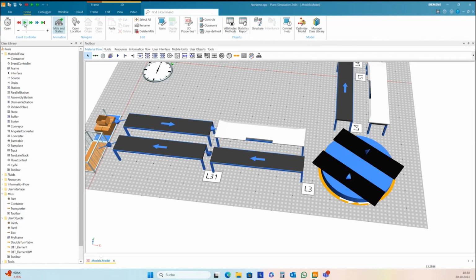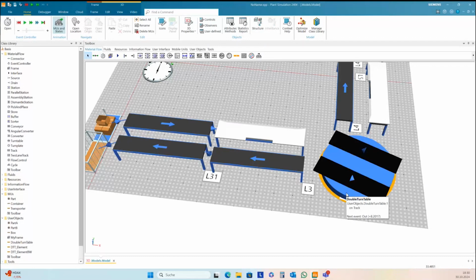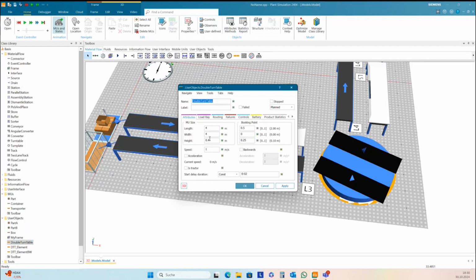And before we start, a little trick to get a better orientation and positioning on the track. I make this turntable very, very small. So I change here the MU size of this turntable to 0.001 meters.